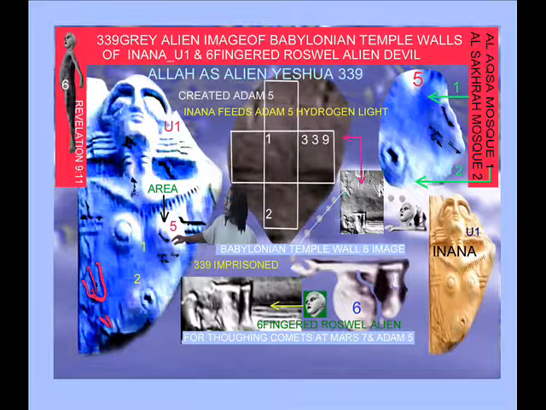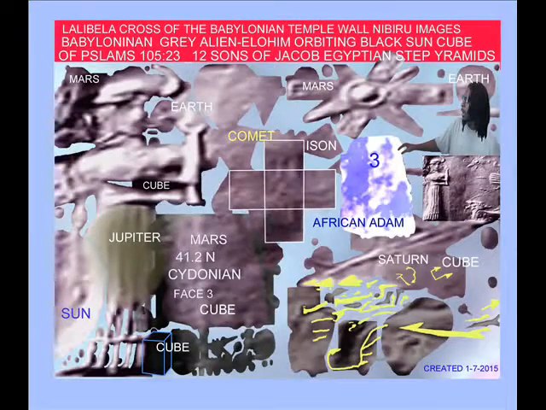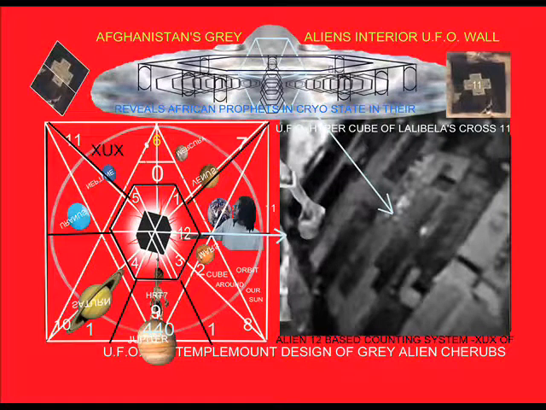You say, oh, the Egyptians was writing in Islamic Aramaic Dead Sea Scroll language, okay, as well as the hieroglyphic language. And the Palestinians are still using the Islamic Aramaic Dead Sea Scroll language. So when you go to Iran and Iraq, you see, put their post letters on the blackboard, and you'll see the same Islamic Aramaic Dead Sea Scroll language. This brings us full circle back to the Babylonian temple walls, since the 12 sons of Jacob in the 400-year-old mistranslated King James Bible traveled from Babylon into ancient Egypt,